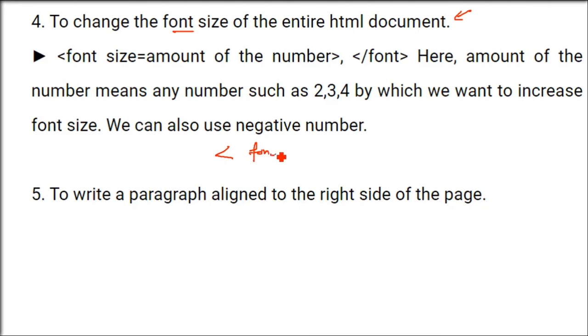So you will do font size and you can give any number, 10, 20, 2, 5, 10. If you give 1, say you have A, this A will be shown like this. If you have 2, it will be bigger. If you increase the number, the size will increase. Like this, if you give 10, it may be like this.